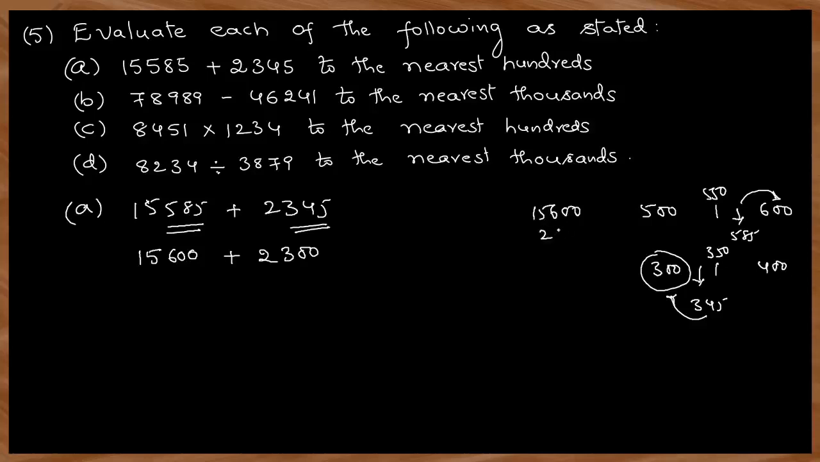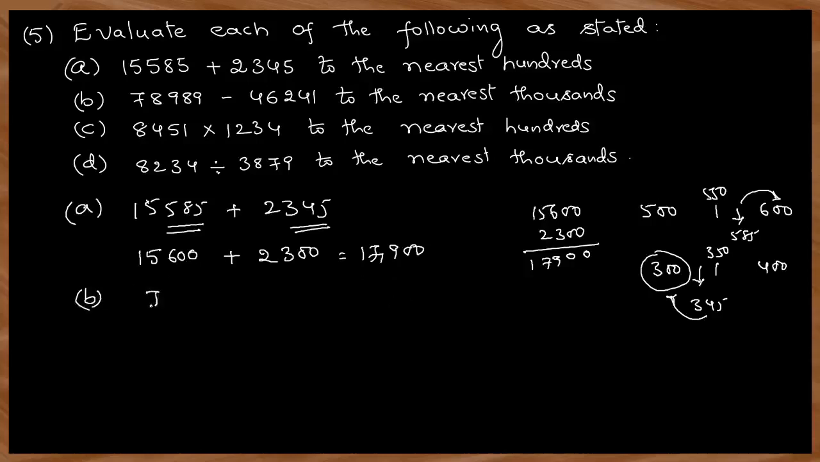15,600 plus 2,300, 0, 0, 9, 7. It is 17,900. So this is the sum of the nearest hundreds. Okay. So next